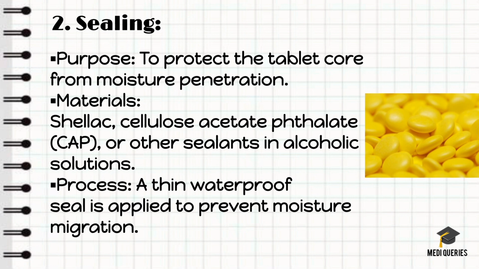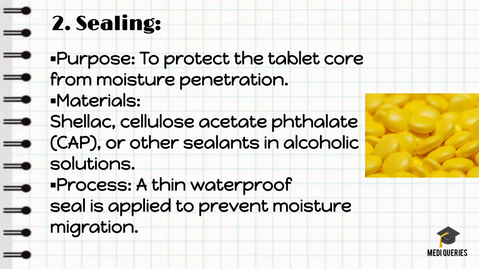By producing a seal on the tablet, we are giving this waterproof shield, especially using solvents like acetone or alcohol. That is the shellac shield we give prior to the sugar coating. Simply, we are sealing the tablet within a waterproof shield,